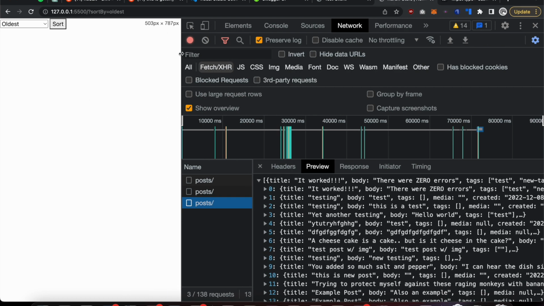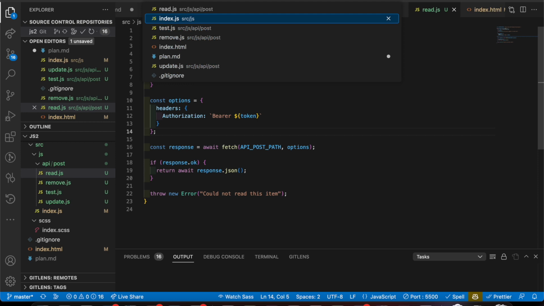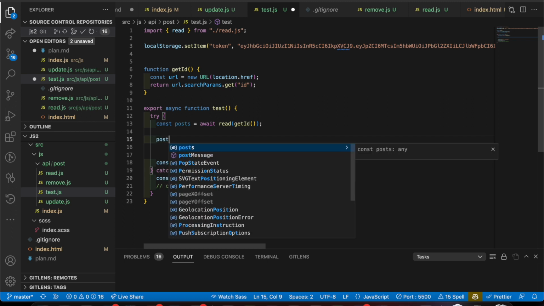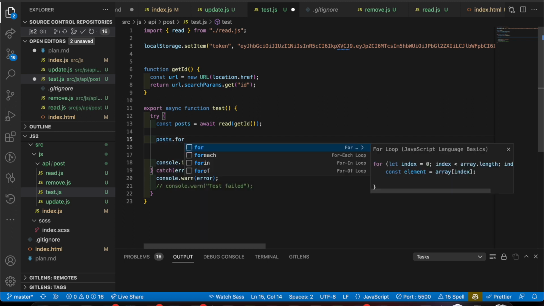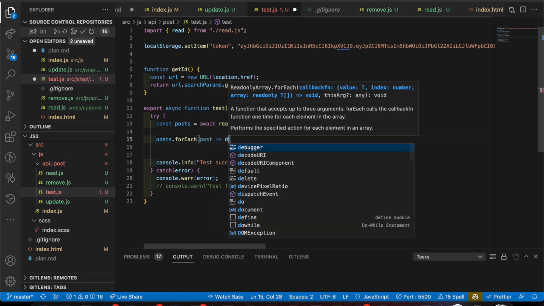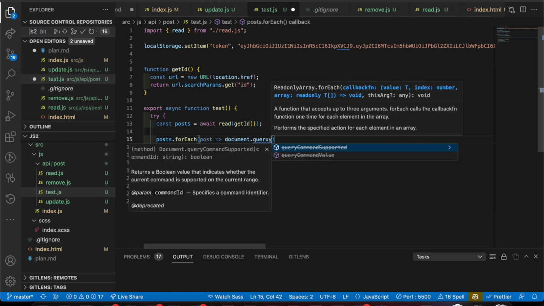So I just want to create a simple bit of UI for each element so we can sort them and look at approaches to sorting them. So I'm just going to do this very simply, posts for each post, and I'm going to